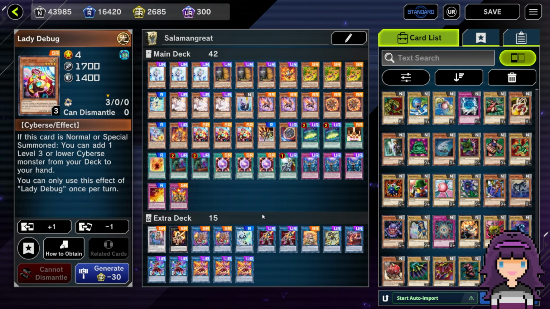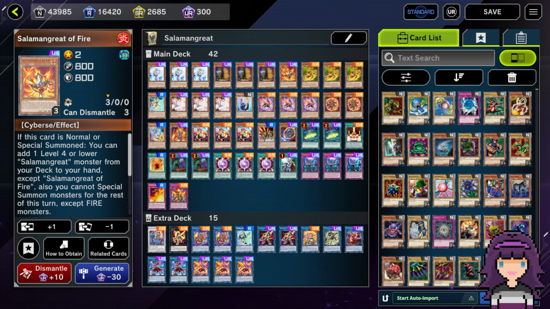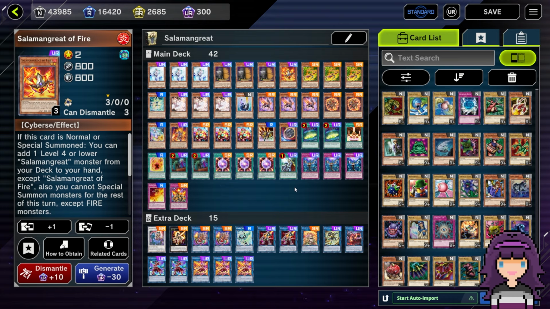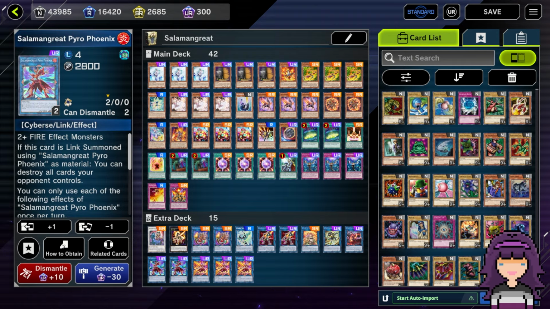On top of that, we also have the Lady Debugs. I know I talked a lot about, when we first covered this deck, playing 3 Lady Debug versus playing 3 Salad of Fire. I'm mostly on 3 Lady Debug because that's still the way I'm most familiar with comboing, right? I don't have the line of if you open a normal Salad of Fire memorized 100% off the top of my head. I could find a way to get to, if nothing else, Raging Phoenix plus Roar. But when I say full combo, I mean also setting up the Pyro Phoenix,